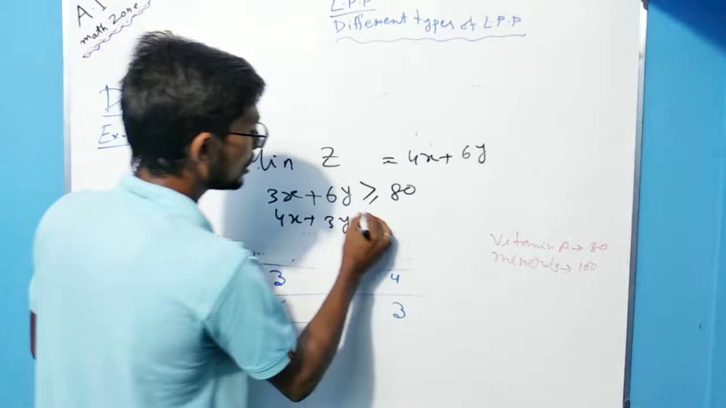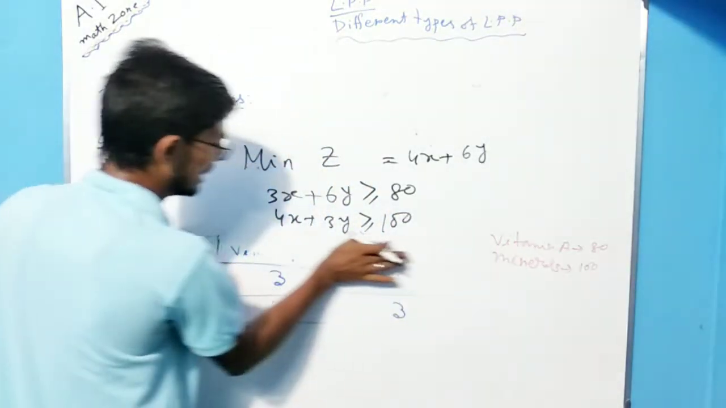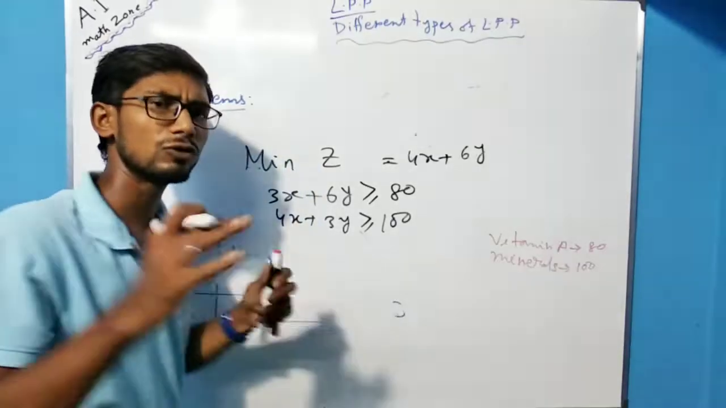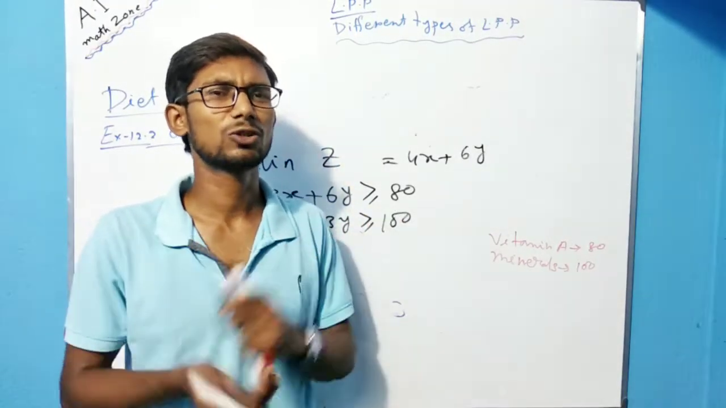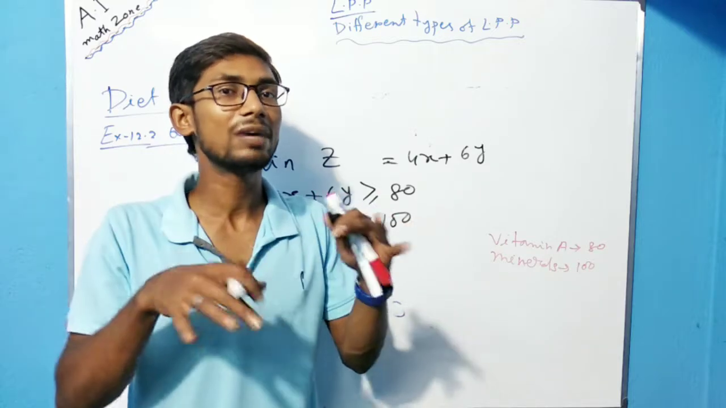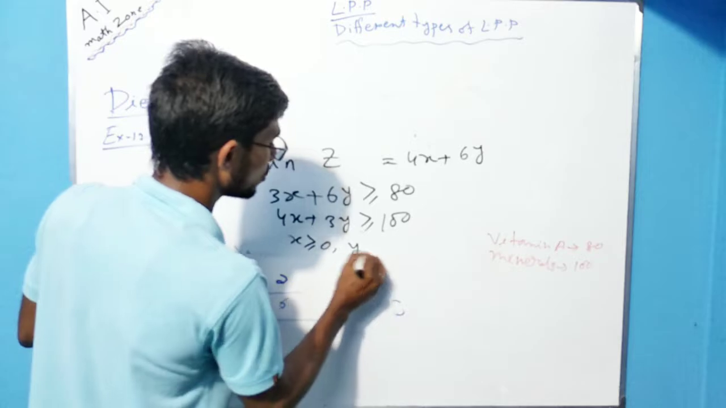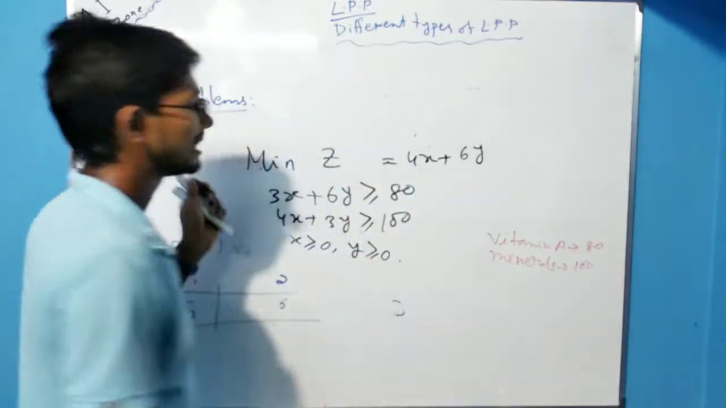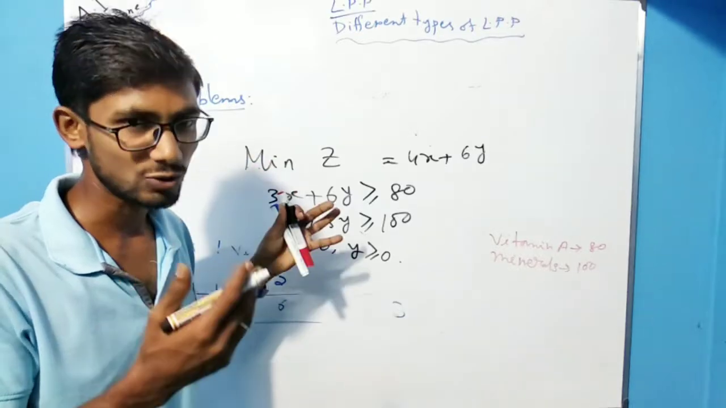So it will be greater equals to 100, and you know very well that you can take food F1 or you may not, right? So this will be definitely greater equals to 0, because we cannot take food in a negative amount, right? So this is x greater equals to 0 and y is greater equals to 0, and this is the required LPP, right? And you know how to solve this. I am going to the next one,